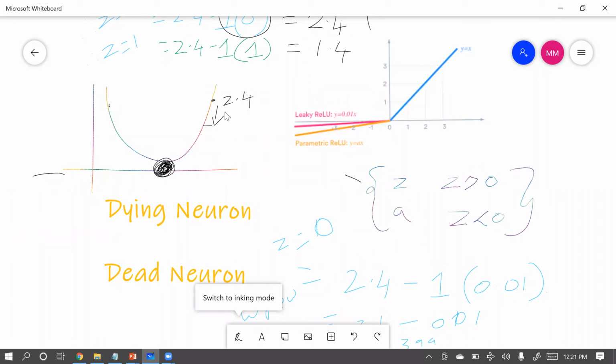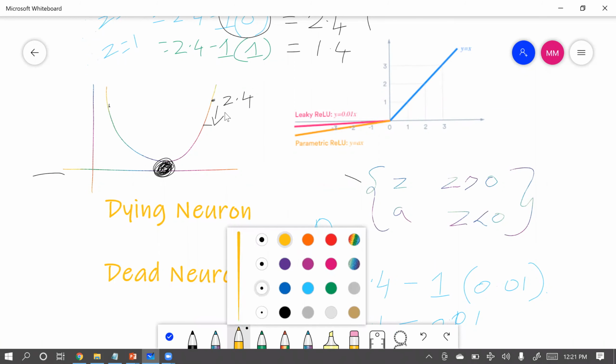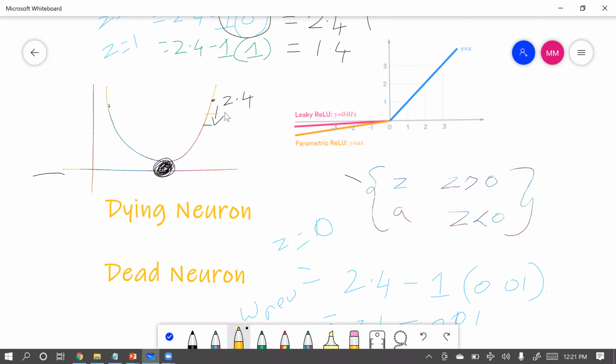Again here we can see, right? In ReLU our parameter was here itself, but as per leaky ReLU it will come somewhere around here, a little bit down from 2.4. Because of this leaky ReLU, we came out of the disadvantage of the dead neuron, or dead activation function, or dying ReLU.